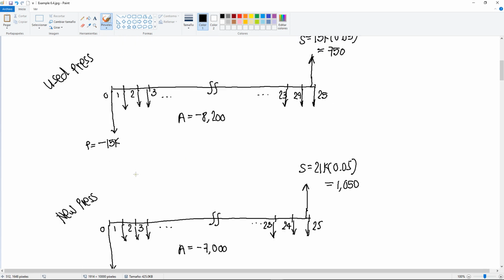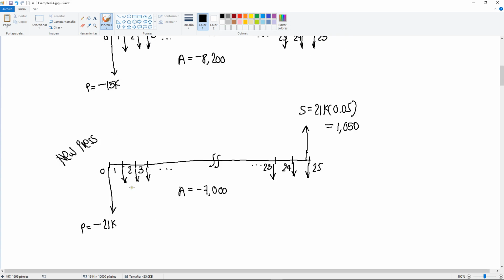Okay, and now we're going to put this into the table. So it's 25 years. Now, note that years 1 through 24 will have the same cash flow. So all of these years from 1 through 24 are going to have, for the used press, 8,200. And for the new press, years 1 through 24 are going to have minus 7,000. Well, you have the A for 1 through 25, but in the 25th, you have the salvage value in addition